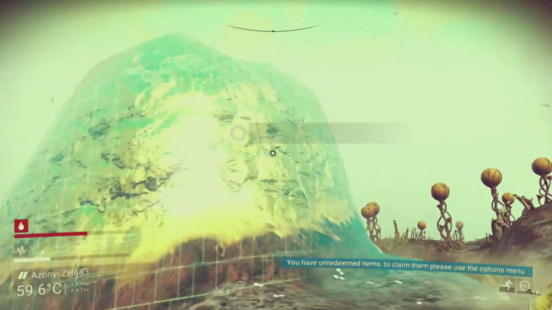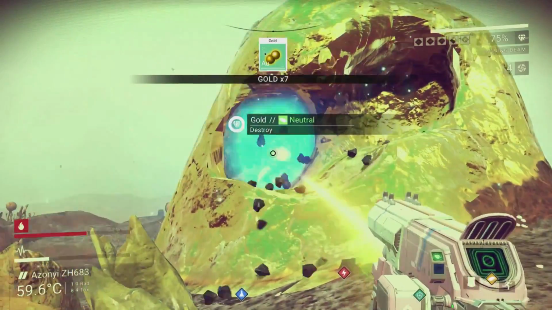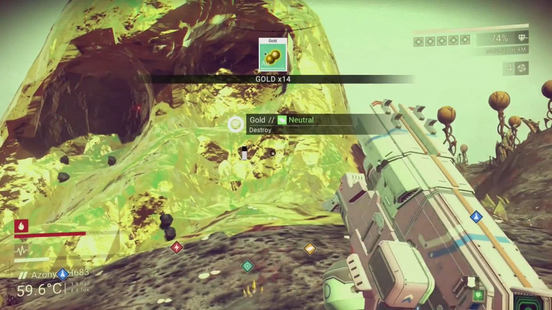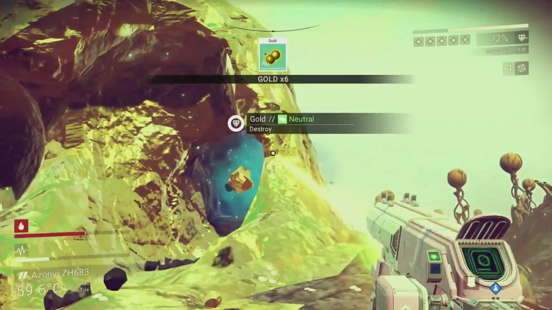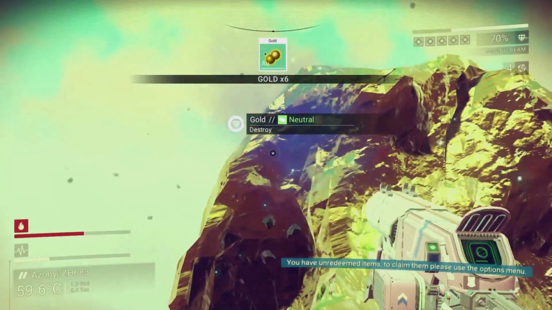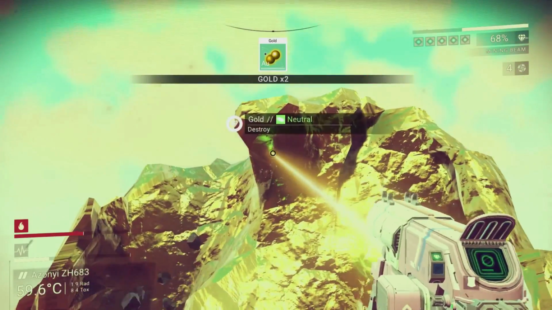Okay, I get it. You're real big. Alright, I'm going to mine out a little bit of gold here, because I think it sells for quite a bit, if I'm not mistaken. It's got the little green kind of bar symbol, neutral, though I don't really know why you would refer to it as neutral, but